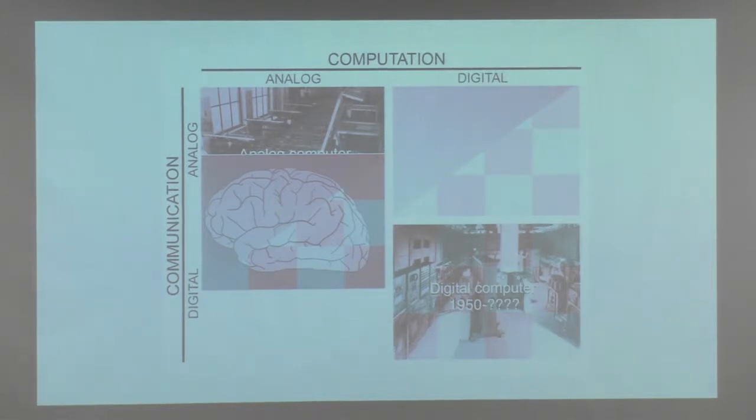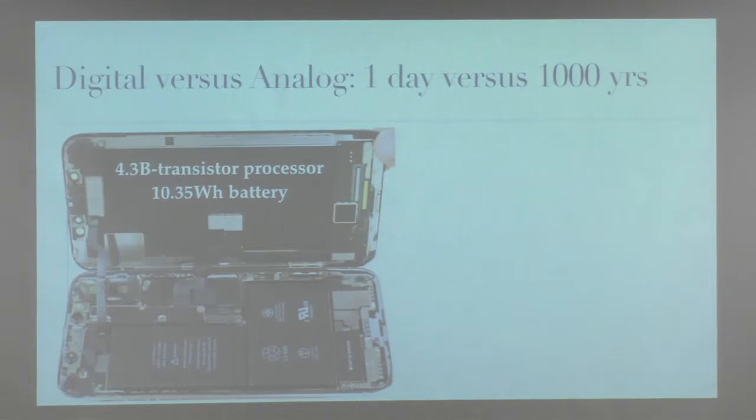And the brain sits in this quadrant over here, where it uses analog for computation and digital for communication, if you simplify it extremely. But in actual fact, dendrites are analog, so it actually uses analog to communicate as well. So it sort of overlaps these two. It has this mixed signal for communication. But once all those inputs come in to generate the output, that's all analog inside the neuron itself. And so what is the big deal about analog?